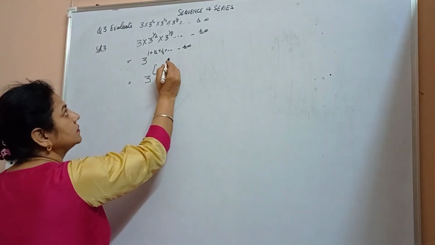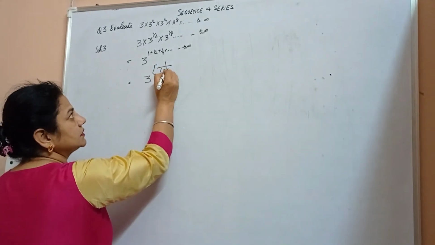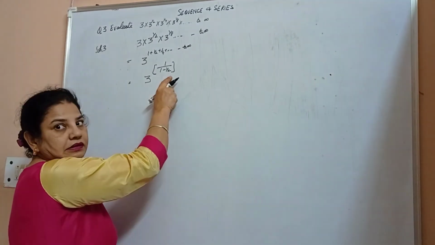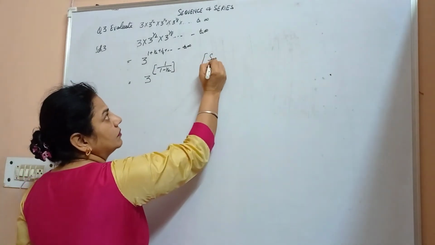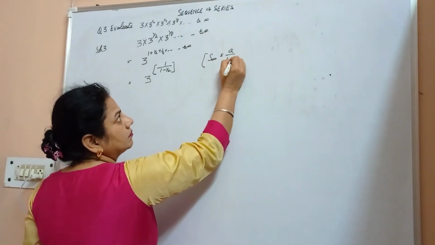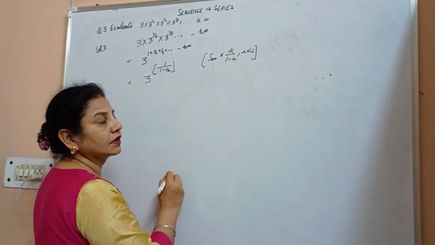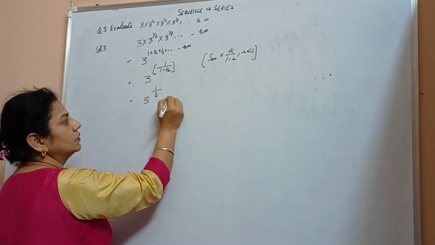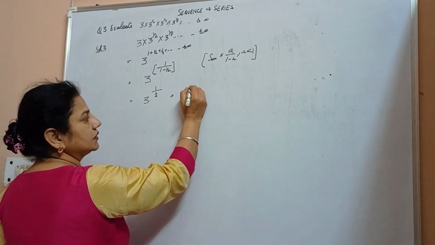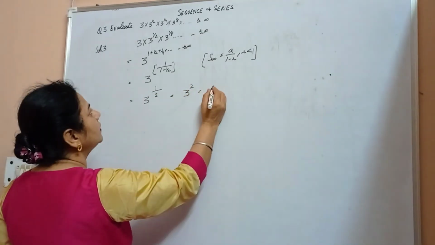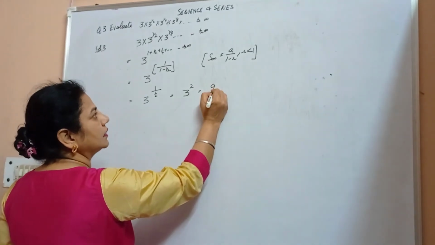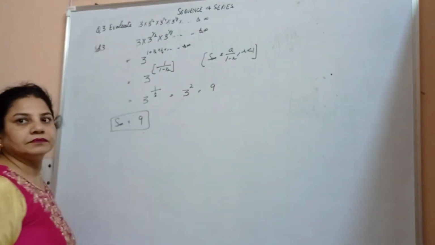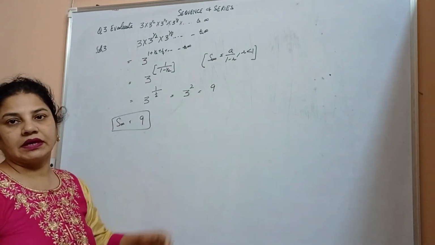Taking the sum to infinity, it is the first term a divided by 1 minus r. The common ratio is 1/2 and 1/2 is less than 1, therefore we use the formula sum to infinity equals a over 1 minus r when r is less than 1. So here we have 3 to the power 1 upon 1 minus 1/2, which is 1/2, which equals 3 to the power 1 by 2 reciprocal, that is 3 squared, which comes out to be 9. So the sum to infinity of this given number is 9.